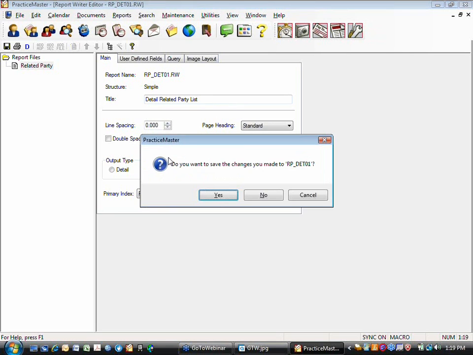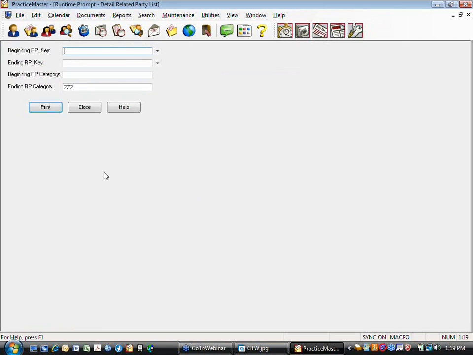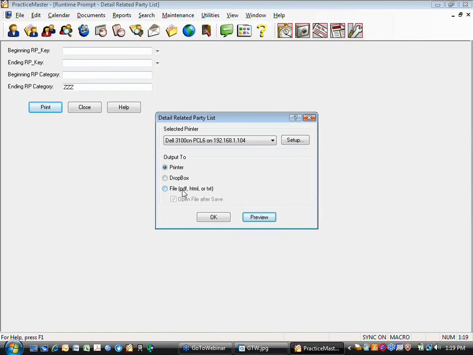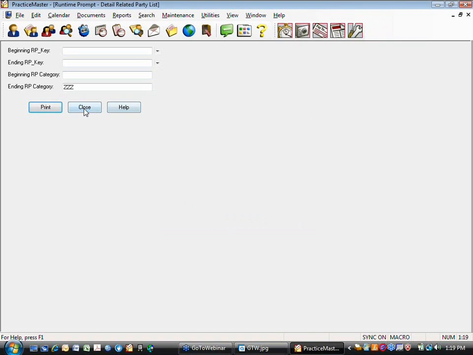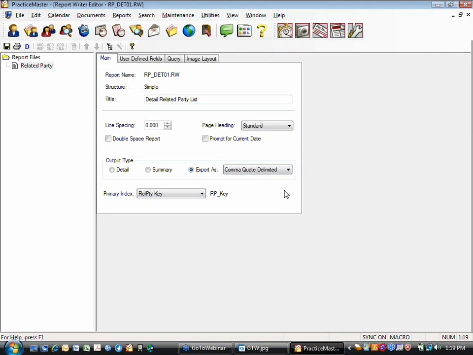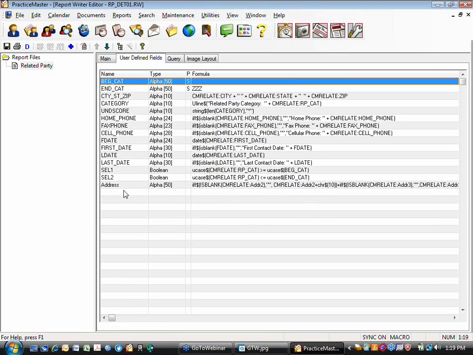The reason is that if we go and save this and go to print, it'll give us as an option the ability to print to a file. And one of the types of files is CSV. So that's what Mary Jo is talking about. I'm going to go ahead and get back in here. But if you don't have that version that's going to allow you to do that right there on the print screen, this is necessary. User-defined fields,